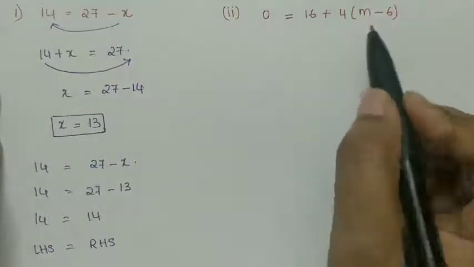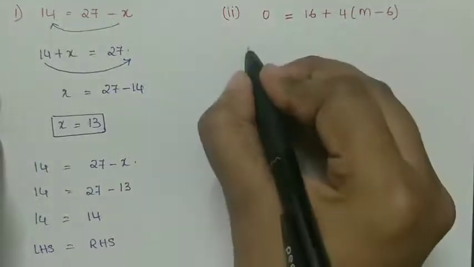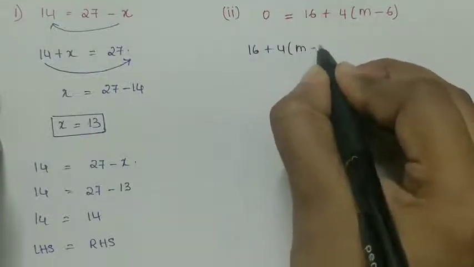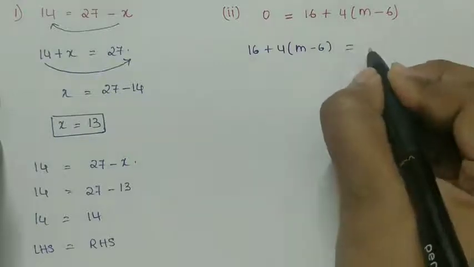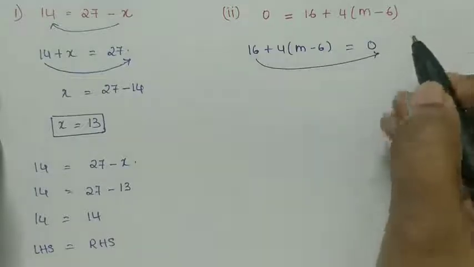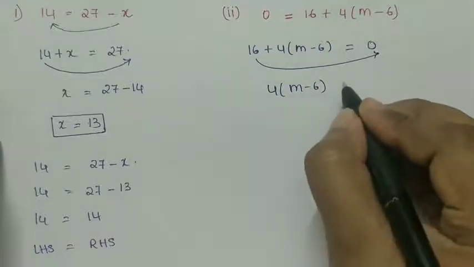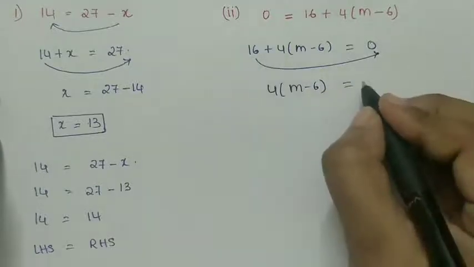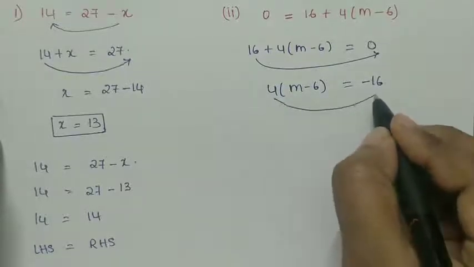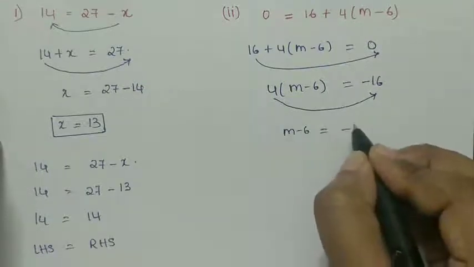Solve the second equation. Interchange LHS and RHS. 16 plus 4 whole multiplied with (m minus 6) is equal to 0. Now transpose 16 to RHS. Remaining 4 into (m minus 6) is equal to minus 16, since plus 16 will become minus 16. Now transpose 4 to RHS. (m minus 6) is equal to minus 16